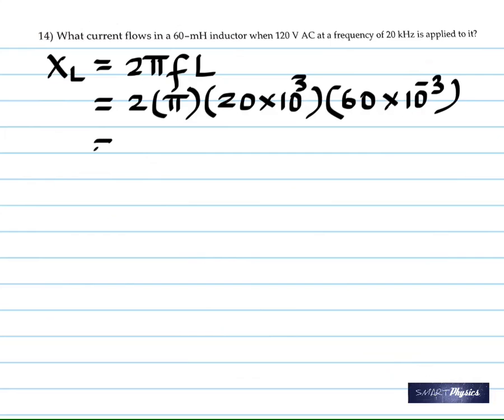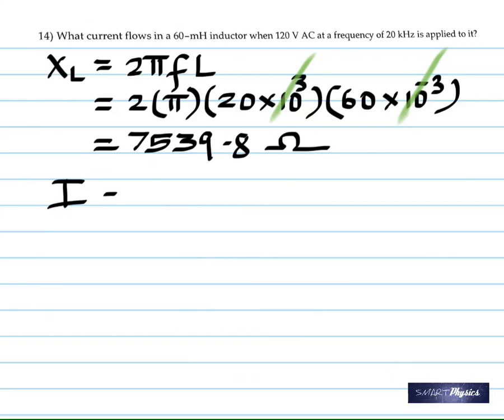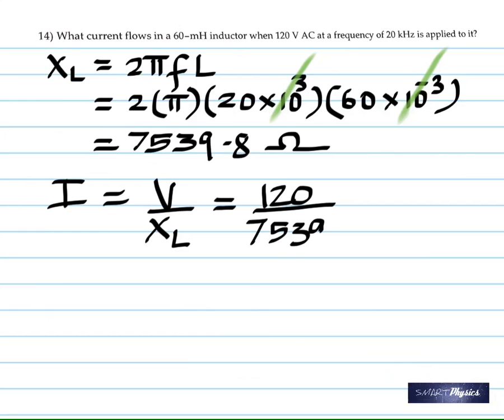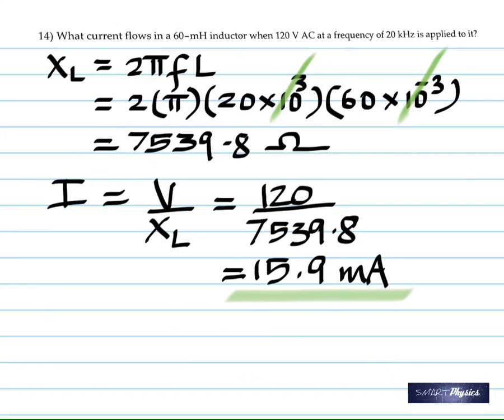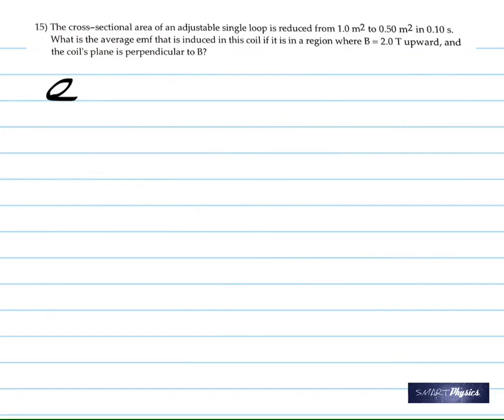And substitution gives 7539.8 ohm. And current is just voltage divided by the inductive reactance. That's 15.9 milliampere. And the last one: the cross-sectional area of the loop is reduced from 1 to 0.5 meters squared